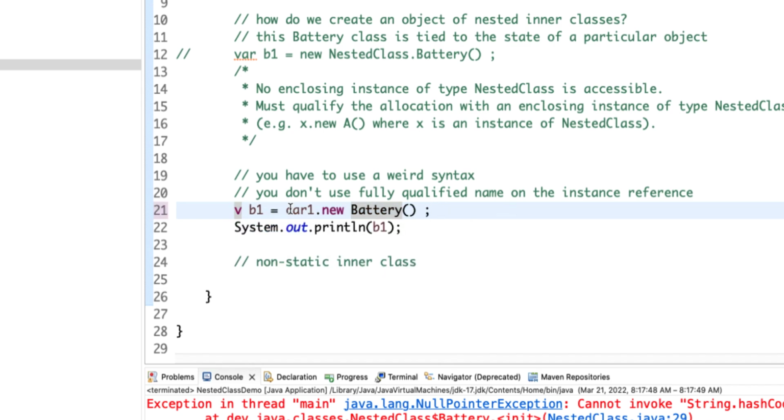But then remember that the type of the variable, when you call the dot new operator on the constructor of the inner class, it returns the type, which is outer class dot inner class. So outer class type dot inner class type. And we can actually remove this class and say outer type dot inner type. That's the type of this variable, but you cannot call the new operator on this type, because we saw that